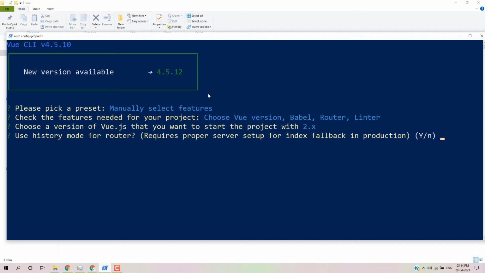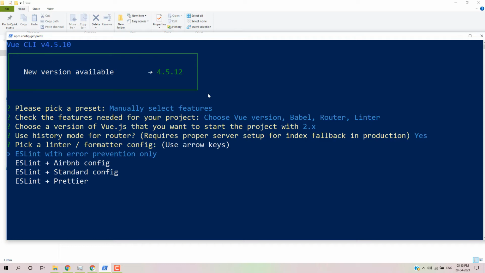If I enable history mode, the path will be slash about, slash contact, slash something. If I disable history mode, the routing path will be slash hashtag about, with a hash symbol. So if you disable history mode there will be a hash symbol, and if you enable it there will be a normal routing path. I'll go for history mode enabled, and then press enter.